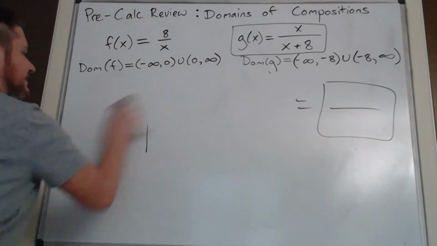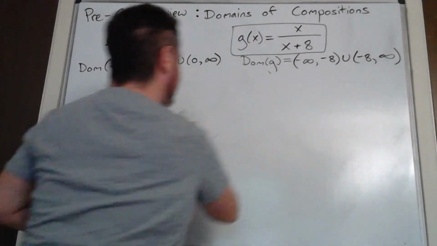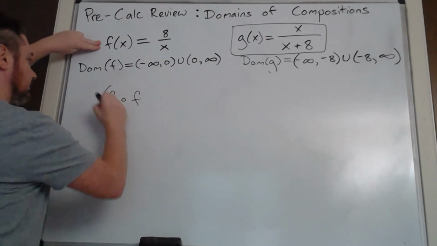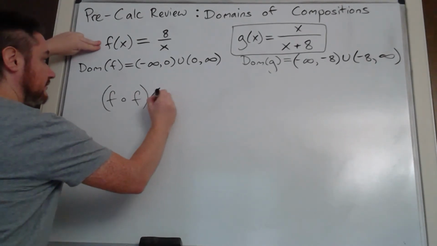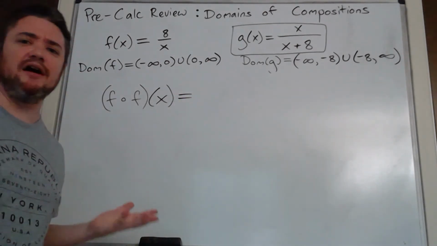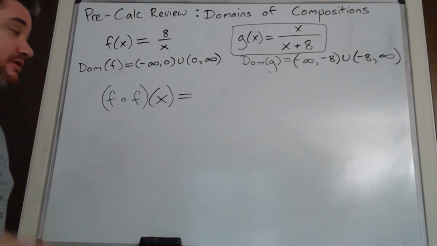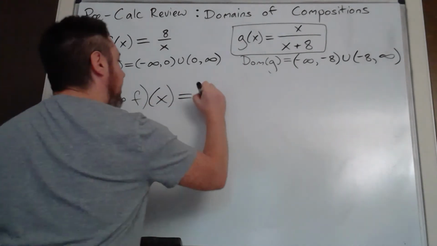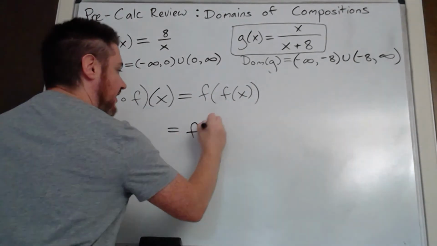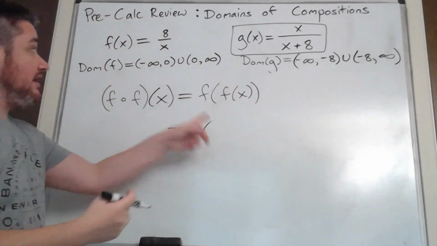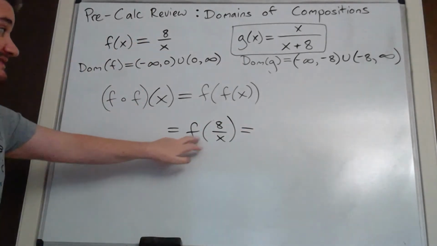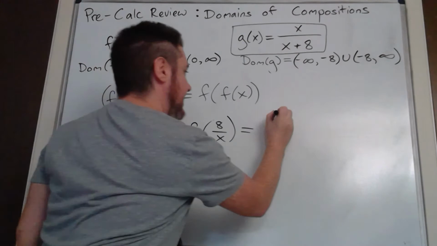The one that's kind of interesting to me, another one that I'll do quickly, is F composed with itself. Fof, right? F composed with itself. Calling it Fof. Again, that's not really a letter O, it means composed with. What is this? Well, that's f of f of x, plugging a function into itself. So that's f of, again, I always work from the inside out, f of 8 over x. Well, now f says take my input, do 8 divided by the input. So it's 8 over